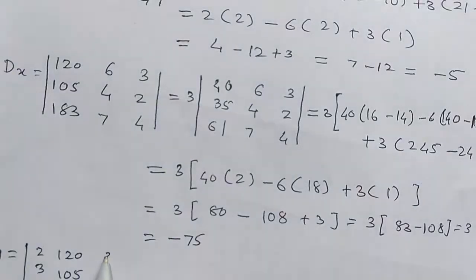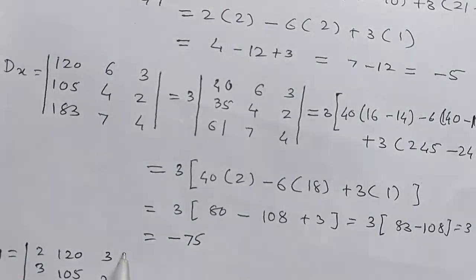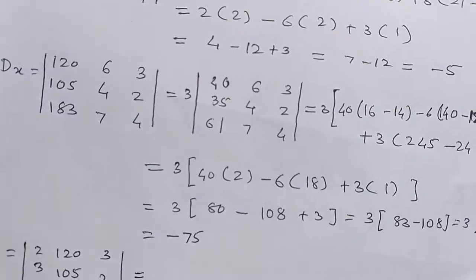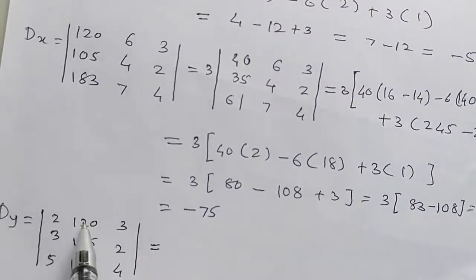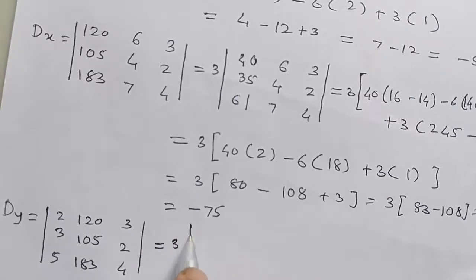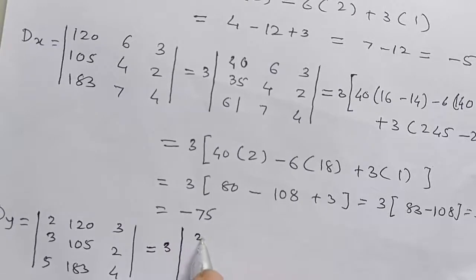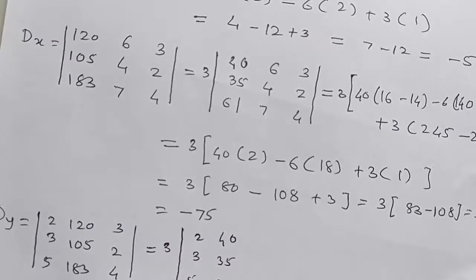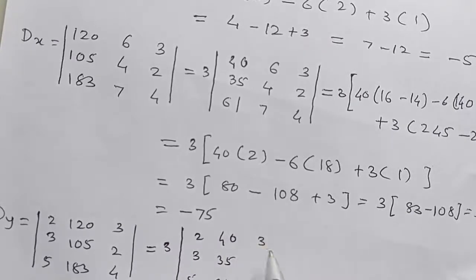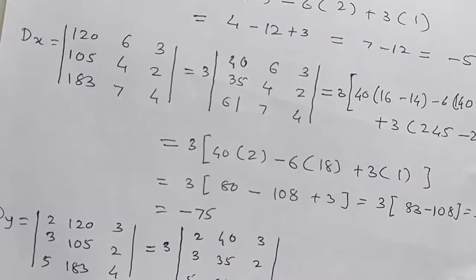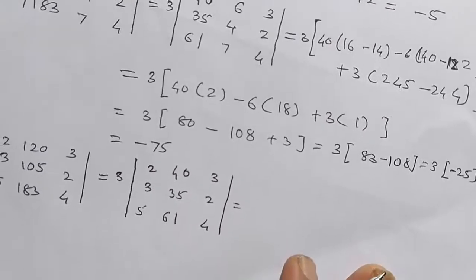Third column is as it is 3, 2, 4. Now this is equal to, again 3 is common, is multiplied to the every element of the column number 2. So we take 3 common, 3 into 2, 3, 5, 40, 35, 61, 3, 2, 4, which is equal to